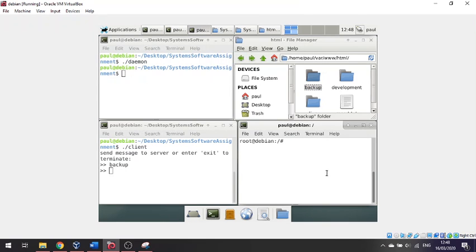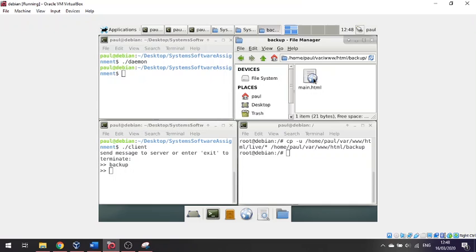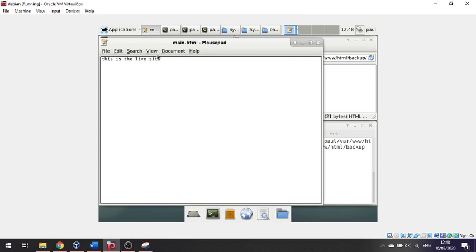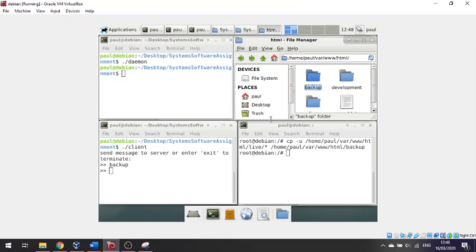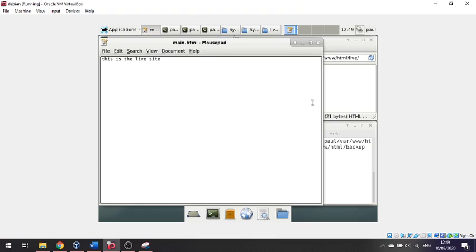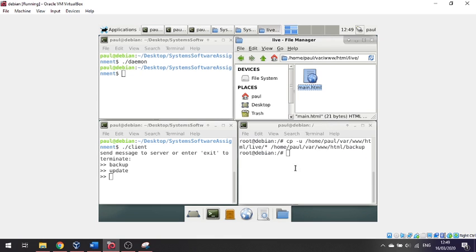But basically, the daemon is supposed to call this function here. So then if we run that and go back into backup, we can see that it now says this is the live site. Then we can also send another message that says update, which is supposed to push the contents of development into the live site. So we can have a look in here, and it doesn't do it for some reason, but it's the same